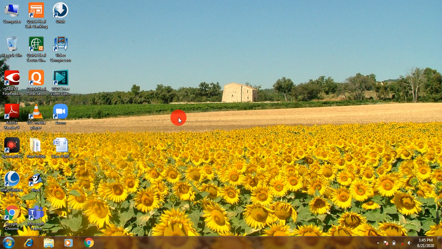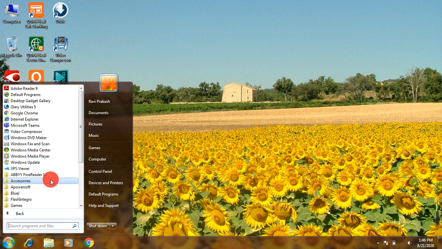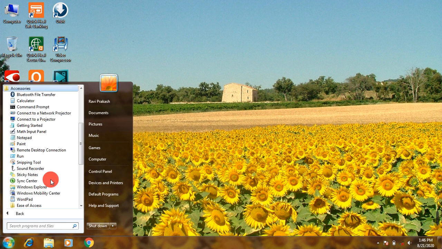In the last, I am going to show you how to create such icons. So students, just look here, there is no icon for notepad application. So I am going to create an icon for notepad application on this desktop. To do so, click on start button and all programs, and go to the place where notepad is present. So go to accessories, and here you can find this notepad application.